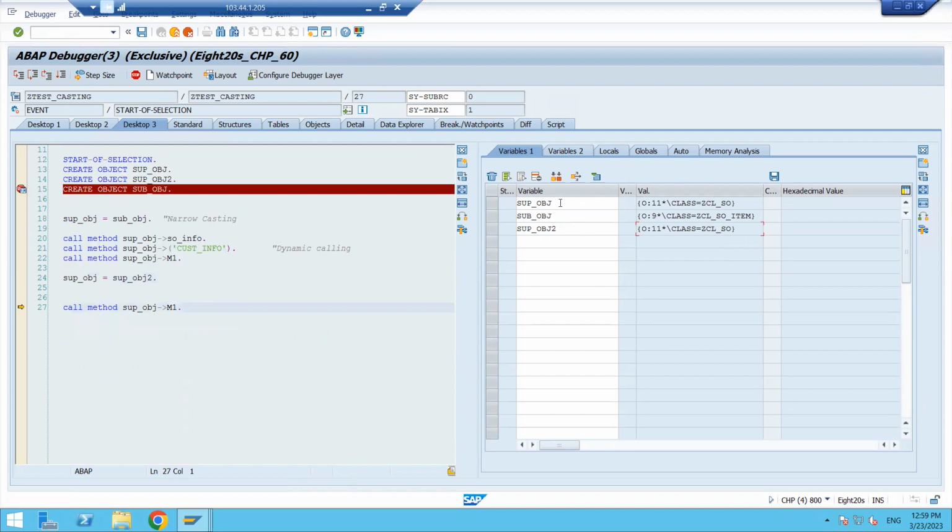See, the superclass object is changed to ZCL_SO. Previously, ZCL_SO item was there. Now the class name is changed here. Okay. Now the less detailed view information is moving to the more detailed view. Okay, the more detailed view is replaced with the less detailed view. So this is wide casting, and if you click the F5 button, then directly it will go to the normal